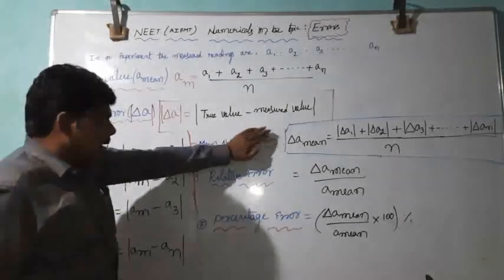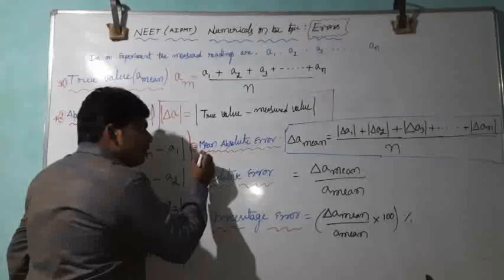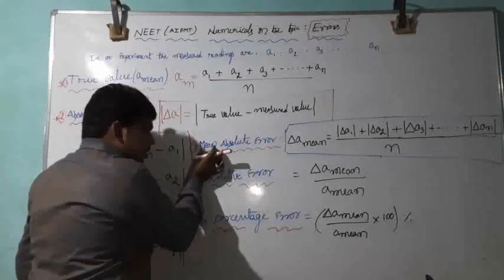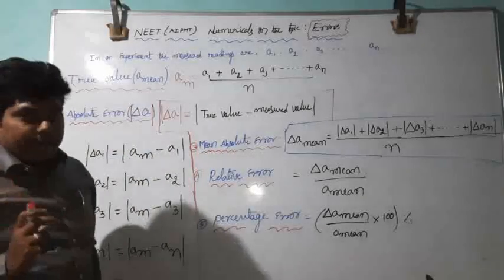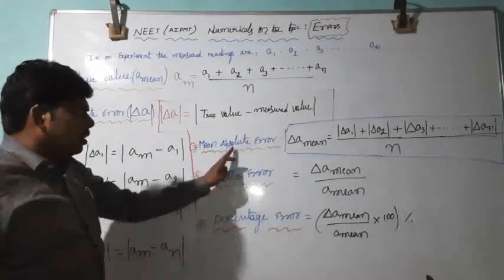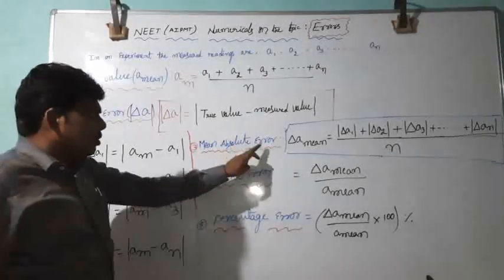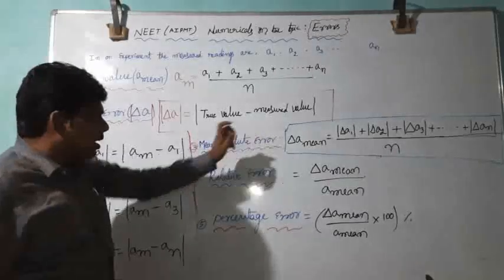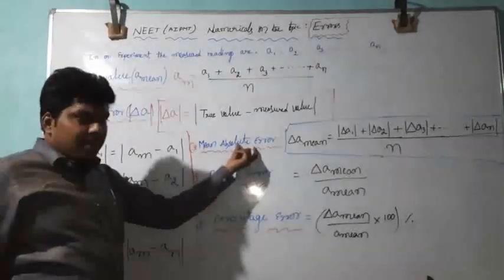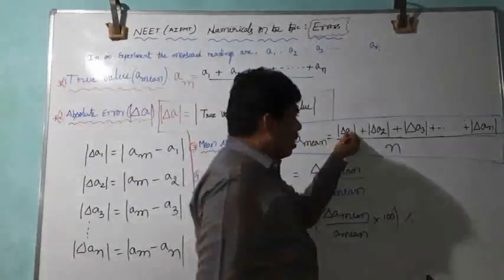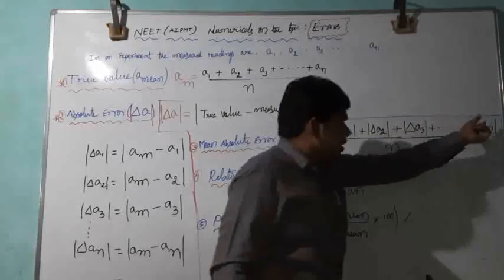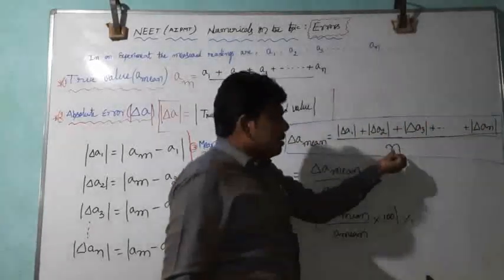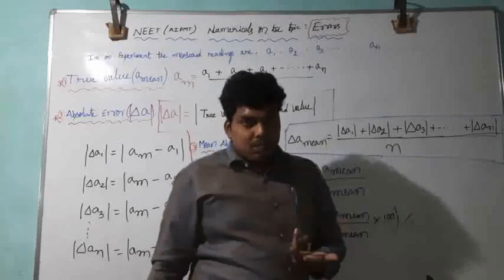Already we know absolute error. Next, what do we have to go for? Mean absolute error. Mean is nothing but average. How to find the average? Here, the mean absolute error means that we have to find the average of the absolute errors, that is, we have to add all the absolute errors and divide by the n number of readings we have added,